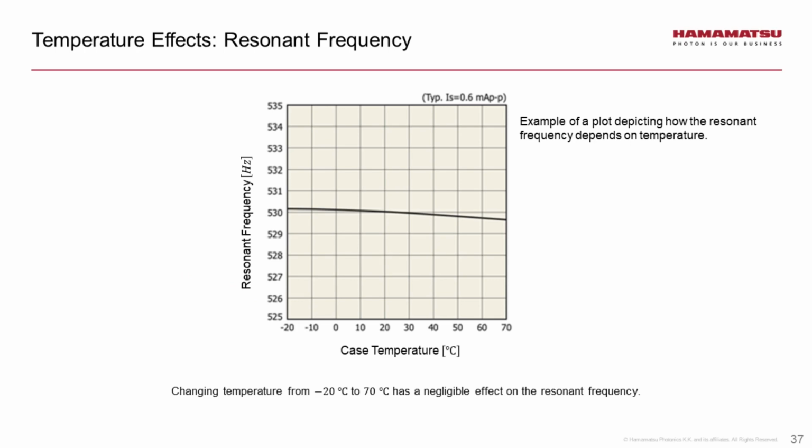Let's now discuss some temperature effects. MEMS mirrors are likely to be used in situations where temperature will be changing. So what effect does it have on its operation? First, here we see resonant frequency as a function of temperature. And we can see that there is a decrease in the resonant frequency, all else being